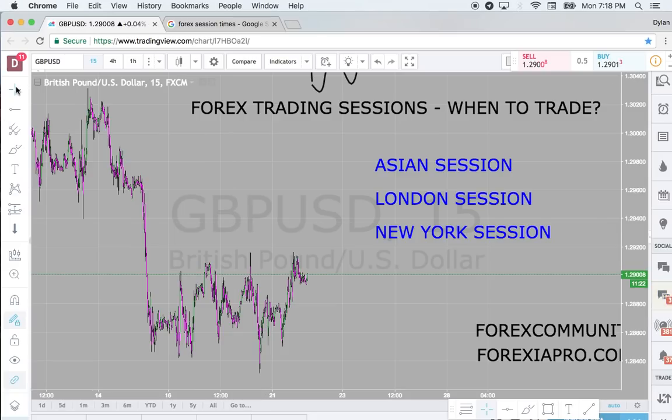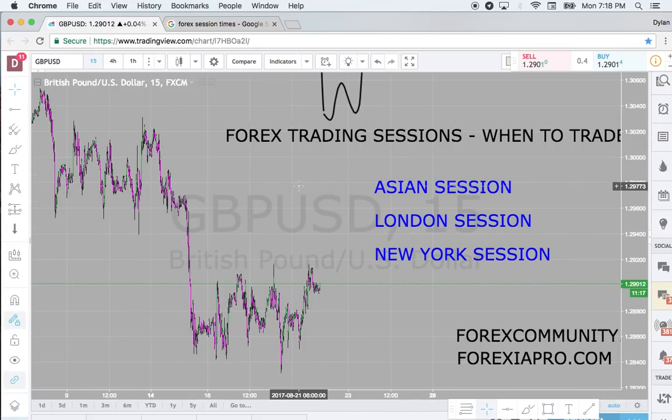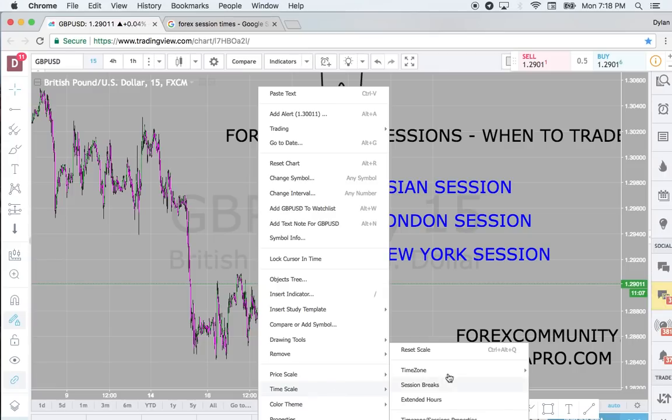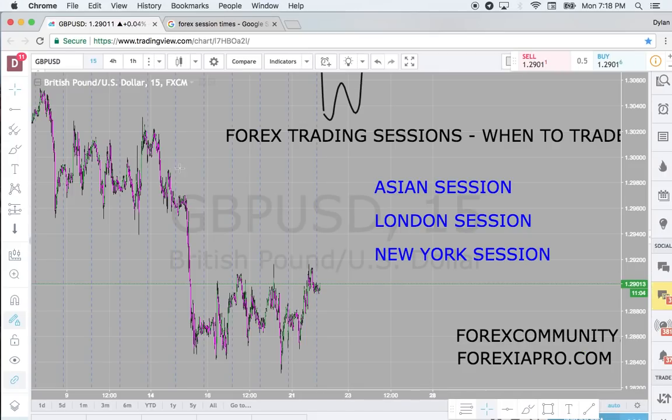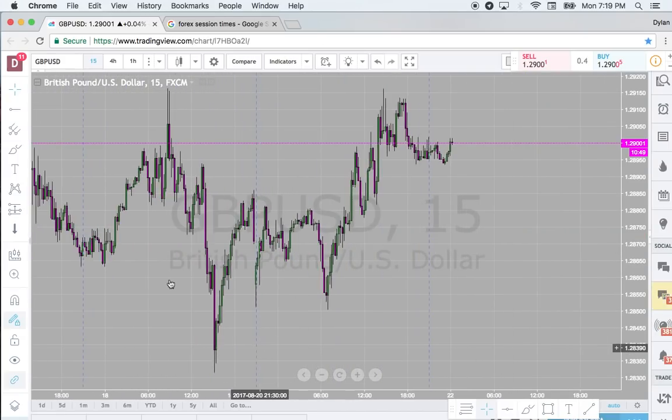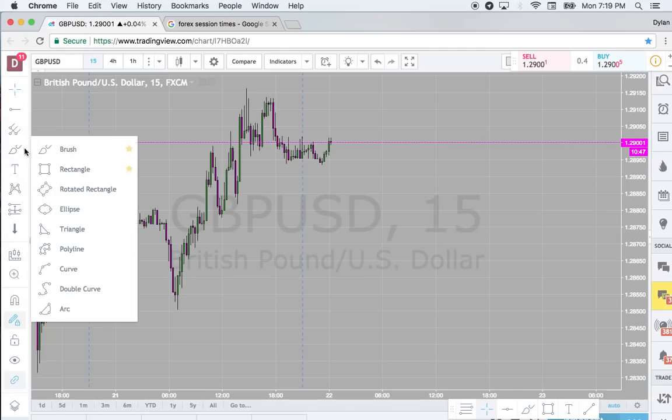So first of all, if you're using TradingView, let's right click and show the session breaks. So this will show every time Asian session changeover is occurring. Every blue dotted line shows Asian session changeover. And here you can see exactly what I'm talking about. Asian session